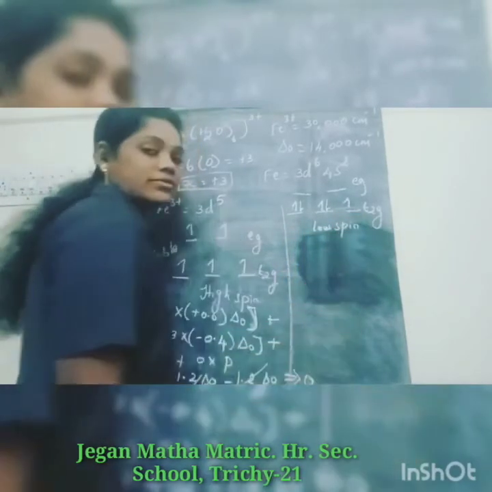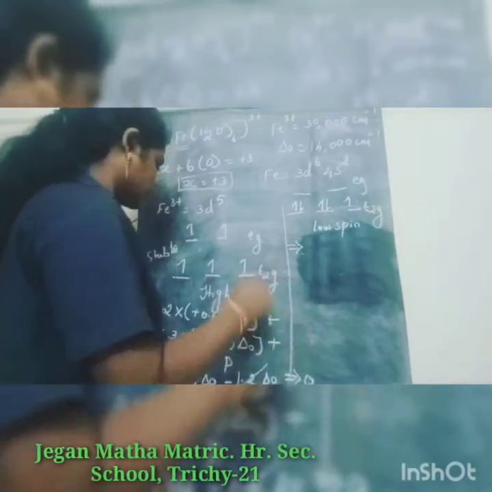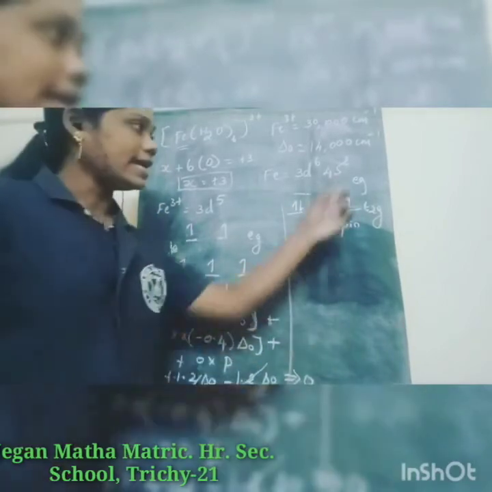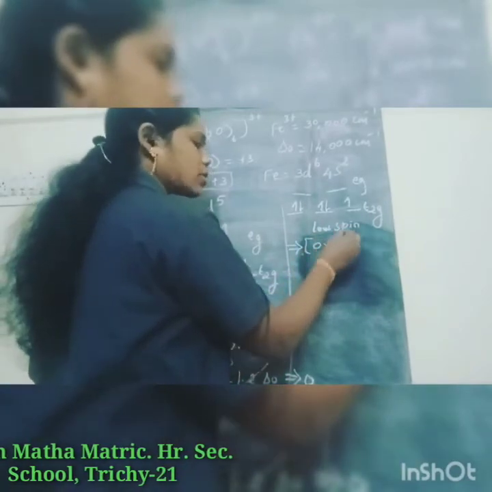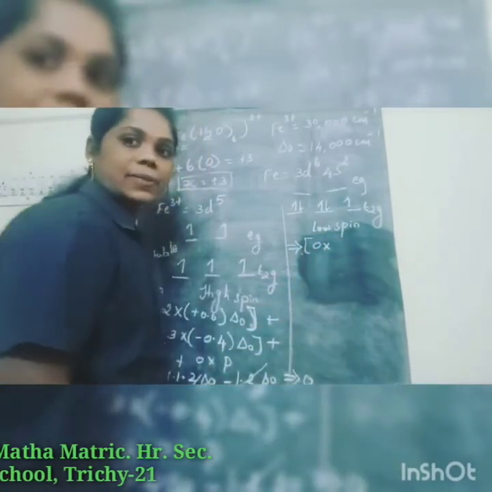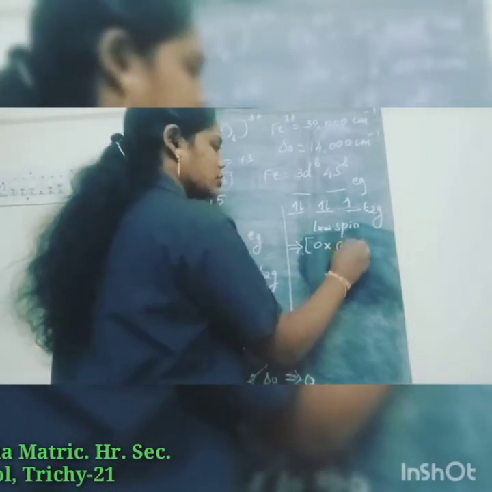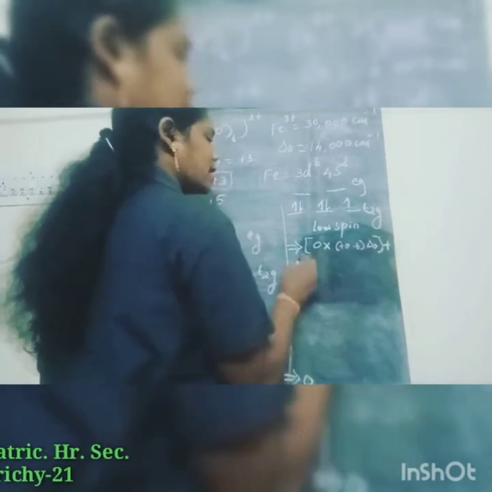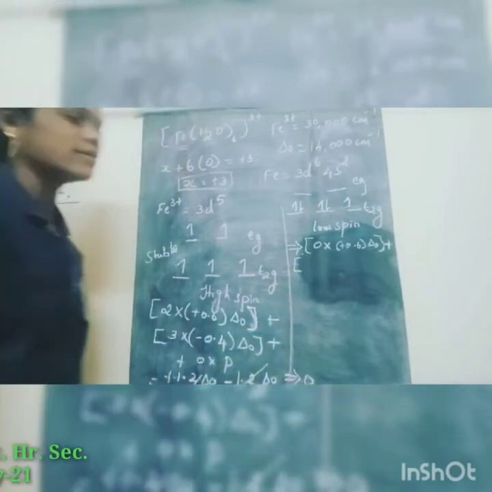So apply the CFSE formula, same thing. So 0 into, is any eg present? In eg no electron is present. So 0 into, what is the value for the eg set? Plus 0.6 Δ octahedral value. And plus the t2g set. In the t2g set 5 electrons are present here, so 5 into,